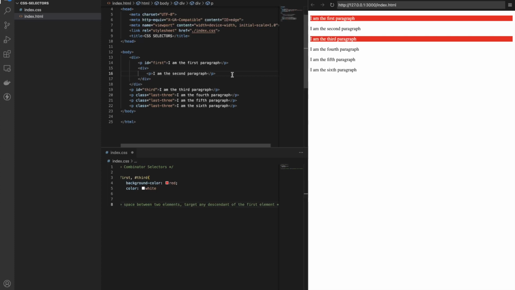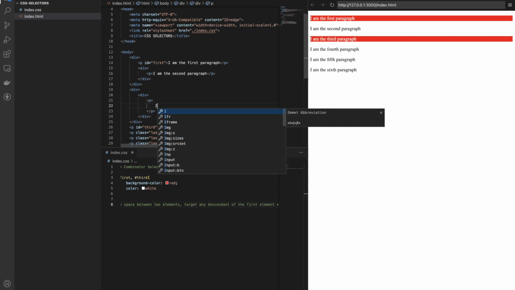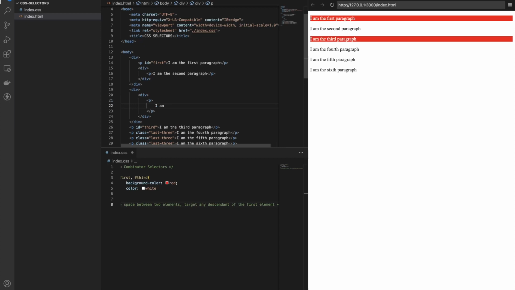Let's have something else. I'm just thinking, what else can we have? I still have another div here, with another div that has a p inside. I am a grandchild,